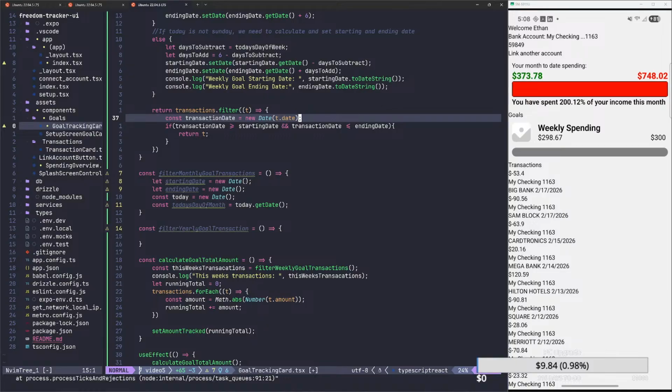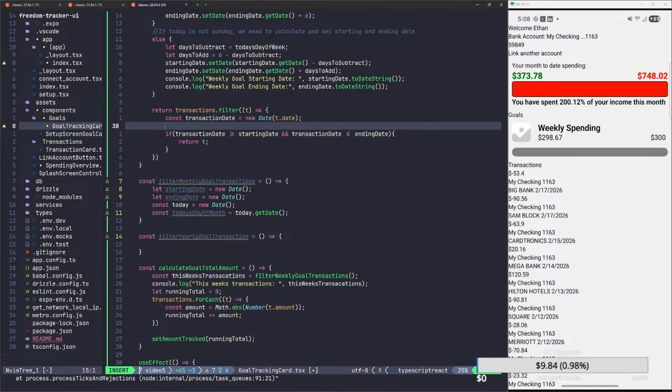Although it's actually on the transaction object itself, right? Because we're printing out the transactions. This is the straight up transaction. We almost need to say